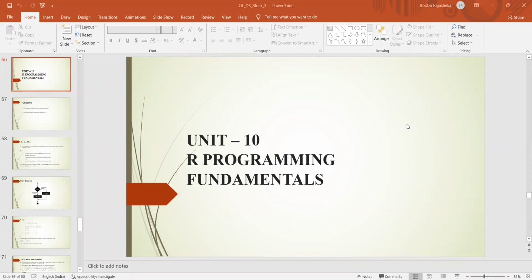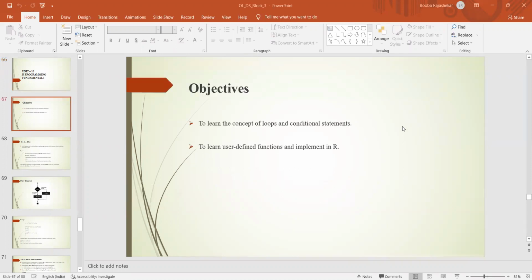Next unit, we talk about R programming fundamentals. What are the fundamentals used in R programming? Okay, we'll see that. Objectives of the fundamentals: to learn the concept of loops and conditional statements, to learn user-defined functions and implement the R